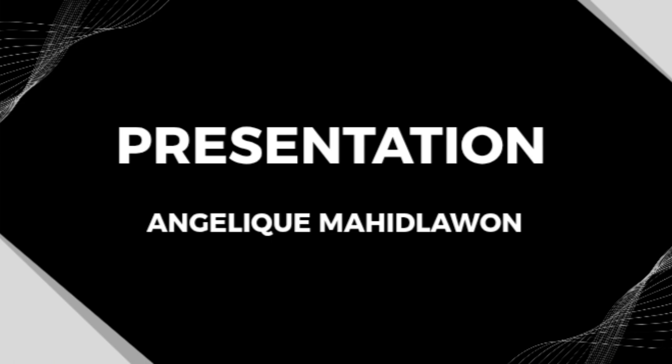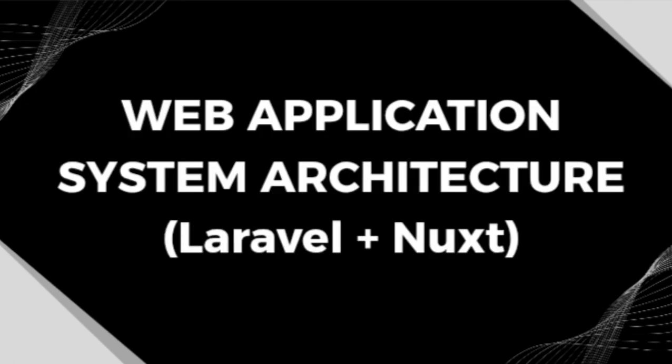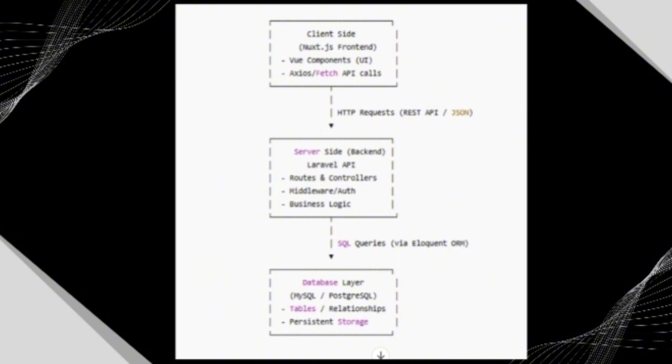In this video, I'll be presenting to all of you my web application system architecture. Let me show you a diagram that represents a web application architecture that basically helps us discover how the front-end, back-end, and database parts of the web app work together. So please, get along with me and let's break it down step by step based on what's shown on the screen. In this diagram, these three layers work together to handle user interactions, data processing, and information storage through API